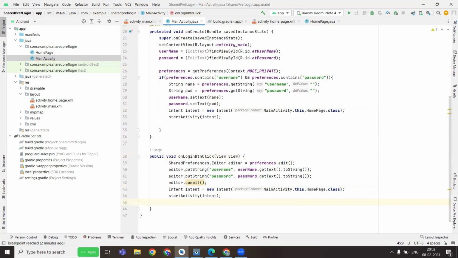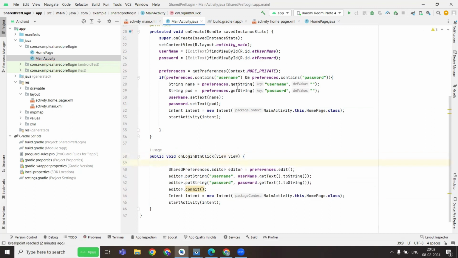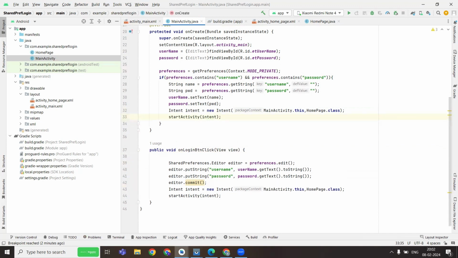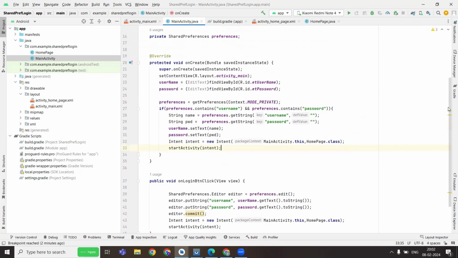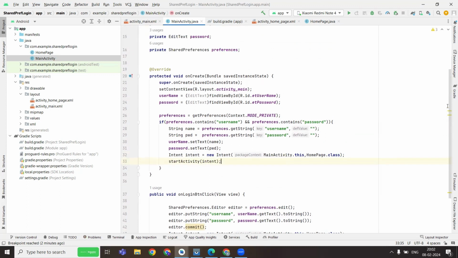So basically what I'm trying to do now here, earlier the issue is always it will enter into the if condition only because the data will be there. It will not come to else part at all. That is the issue we are seeing. So what I have done here is we know that as per our Android activity life cycle, the starting point of our application is onCreate. So what I'm doing here in onCreate, when I create a preference object, here I'm checking if it contains a key called username and password. If it contains a key, I'm just fetching the data,